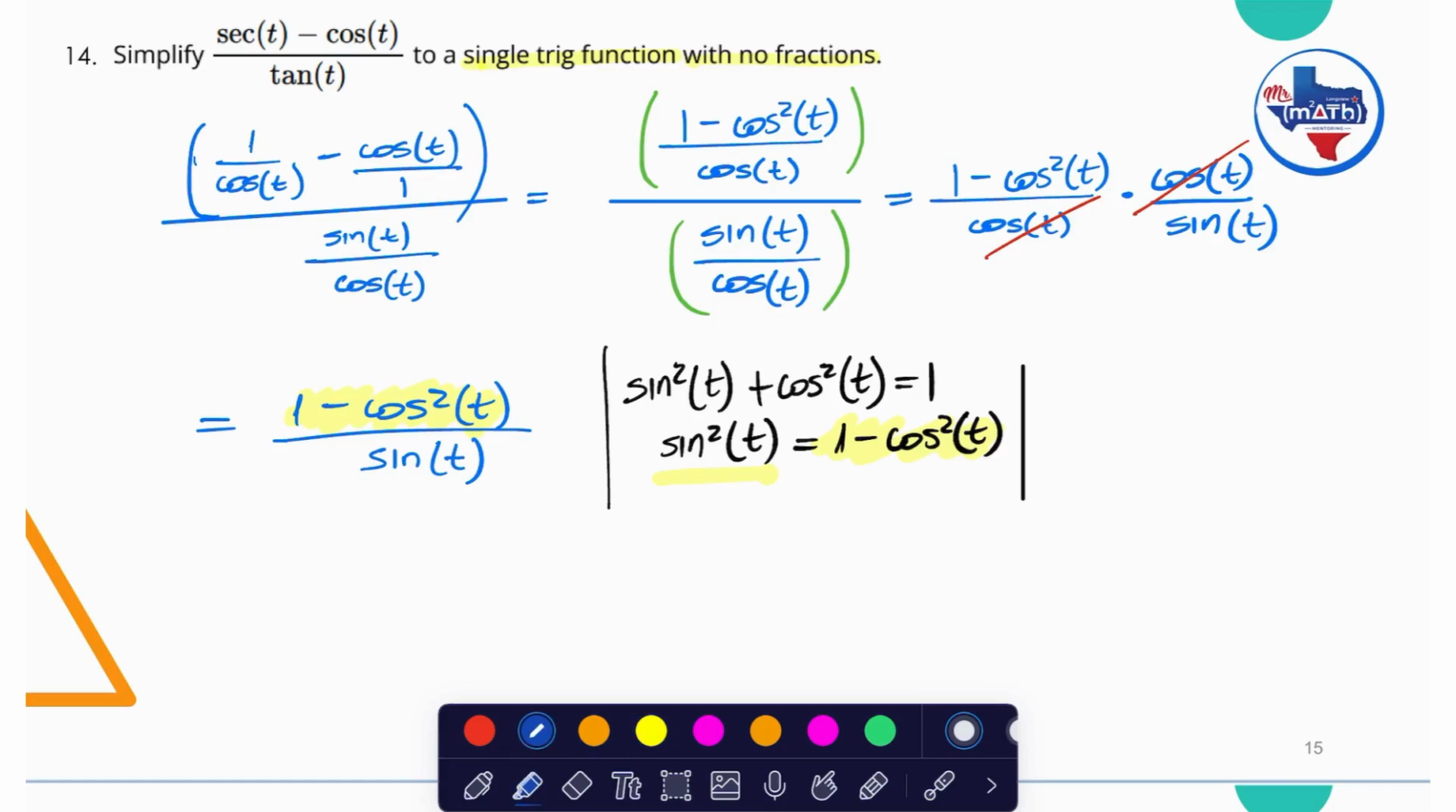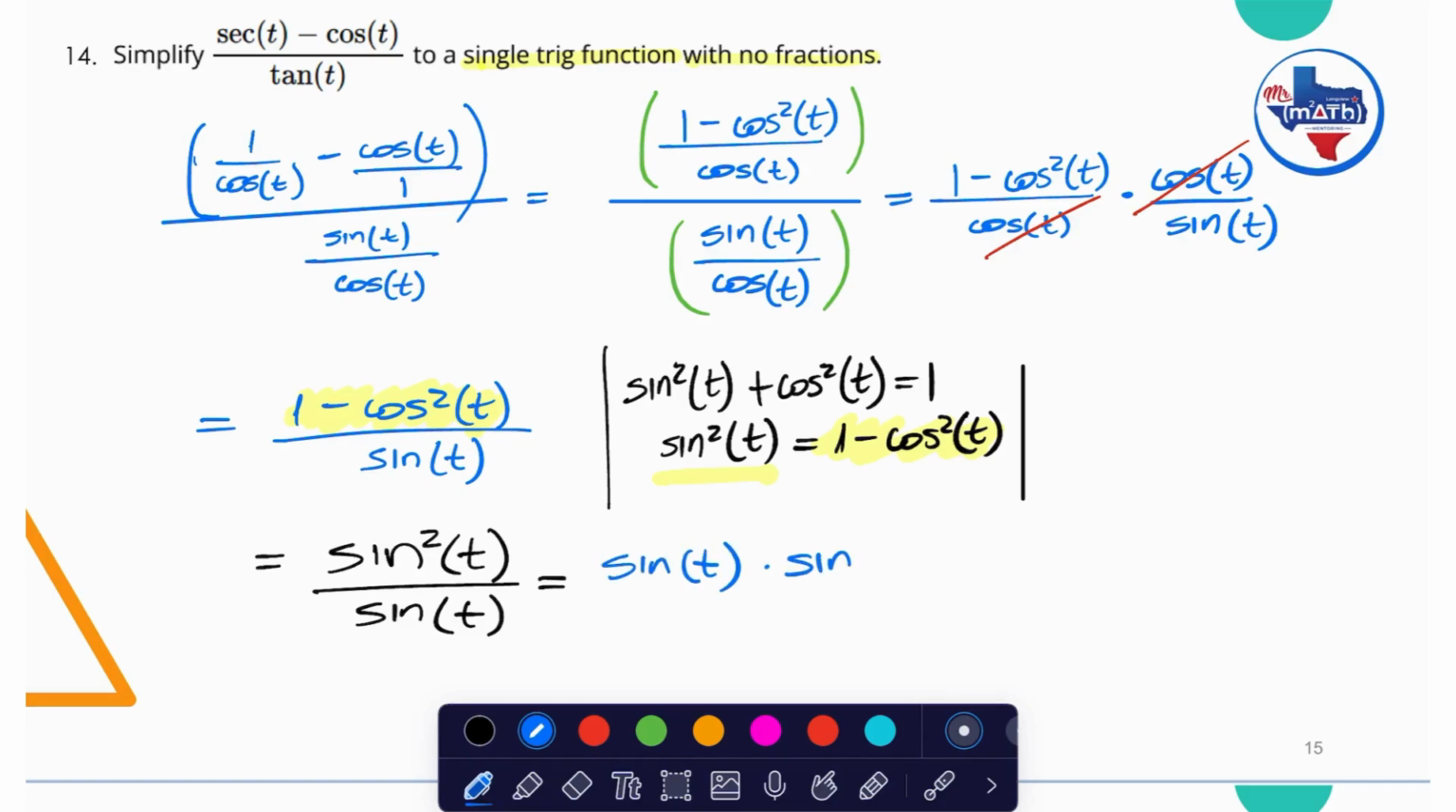So let's replace that, and we'll have sine square of t over sine of t. And the sine square of t, we know that this is sine of t times sine of t divided by the sine of t. One of this on the numerator will simplify with the denominator, and my final answer will be just sine of